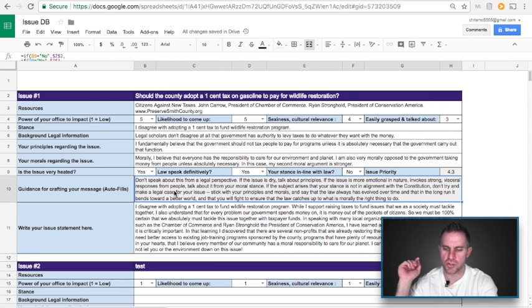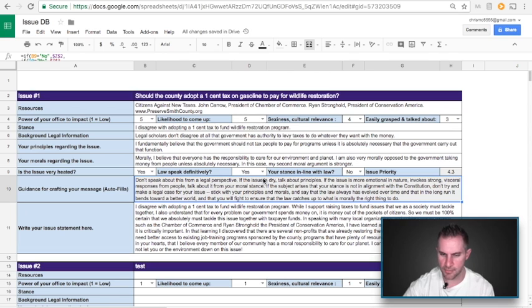If the issue is more emotional in nature and invokes strong, visceral responses from people, then talk about it from your moral stance. If the subject arises that your stance is not in alignment with the Constitution, don't try to make a legal case for your issue. Stick with your principles and morals, and say that the law has always evolved over time, and in the long run, it bends toward a better world, and that you will fight to ensure that the law catches up to what is morally the right thing to do.